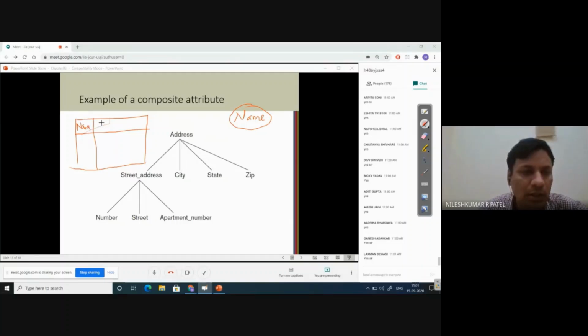And for example, Aadhaar number of employee, phone number of employee, and email ID of employee. So as I explained this, is this name a composite attribute? Answer in yes or no. All of you are requested to answer. Is this name a composite attribute according to you?